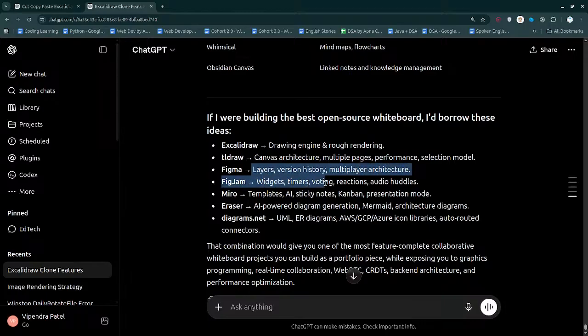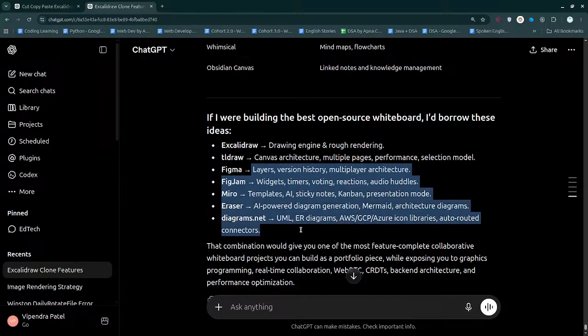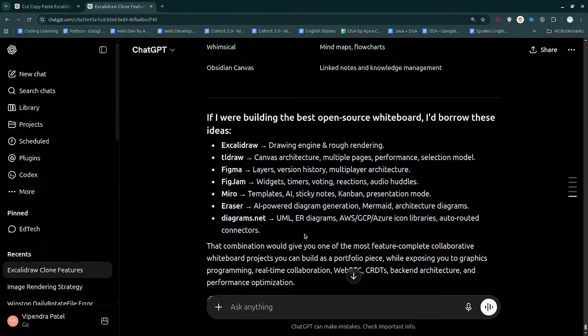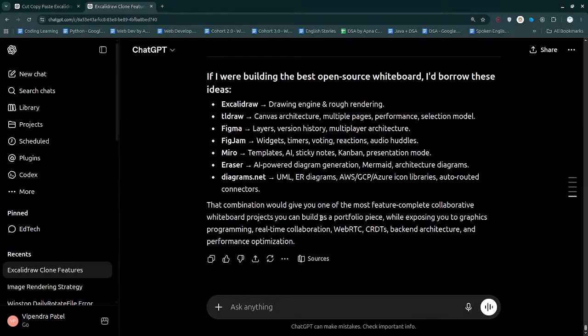Pixjam, widgets, timers, voting, reactions, audio results. Miro, templates, AI, sticky notes, Kanban, presentation mode. Eraser, AI powered diagram generation, mermaid, architecture diagrams. Diagrams.net, UML, ER diagrams. That combination would give you one of the most feature complete collaborative whiteboard projects you can